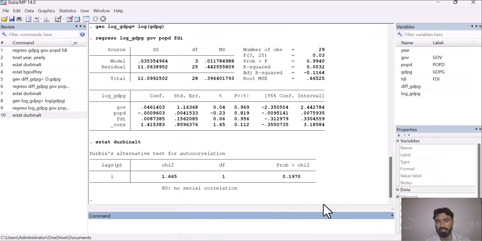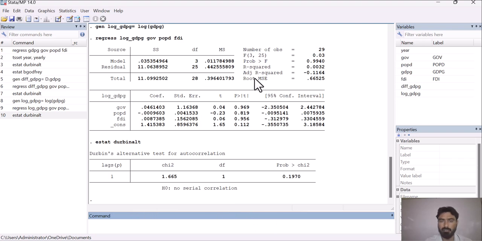Here you can see that in this case also the probability value is greater than 0.05, which means that we have to accept the null hypothesis, which means that there is no serial correlation. So this is the second method to remove serial correlation from your data set.